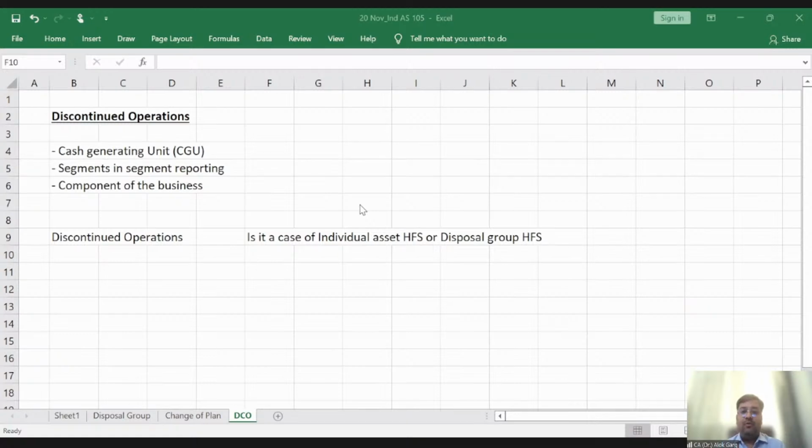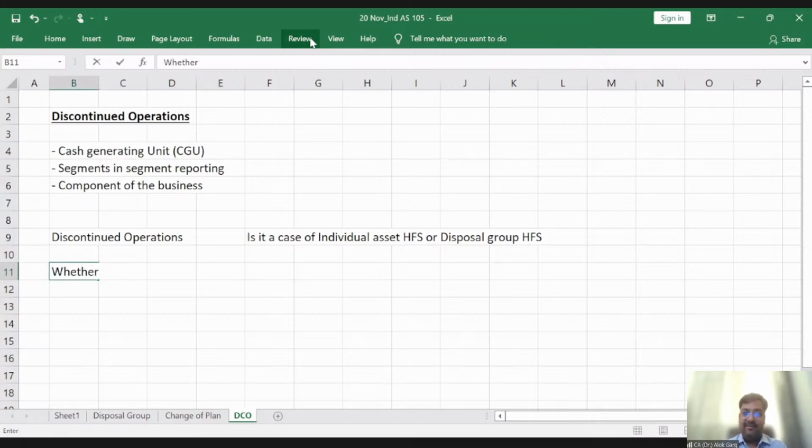Kaushik is saying, sir, disposal group. Manimi is saying group of asset held for sale. Aniket, Gopal, everyone is saying, sir, if we are discontinuing our operation, it means it is a group of assets, not a single asset, right? We can't say that my single asset is my operations, right? Okay. Now tell me again